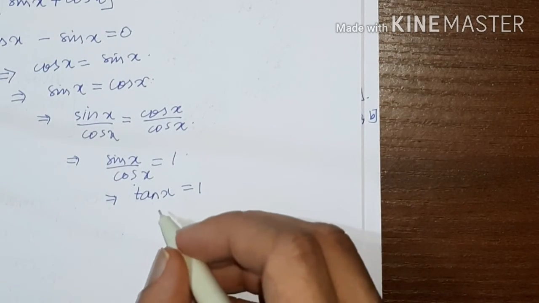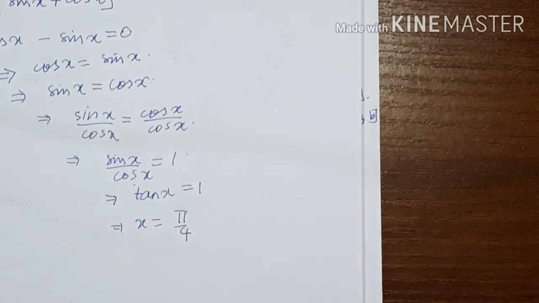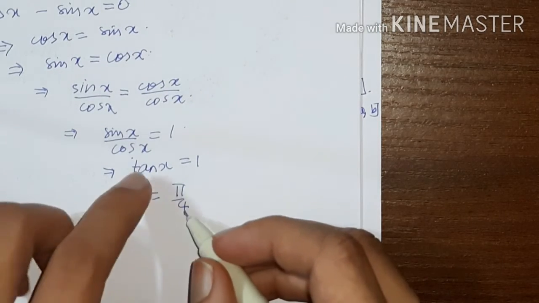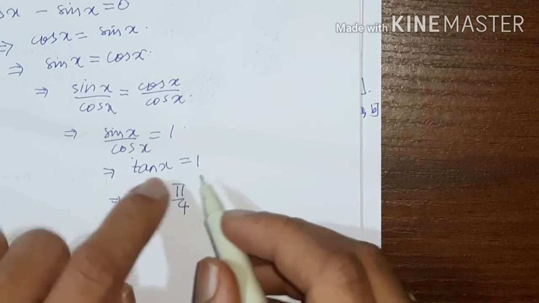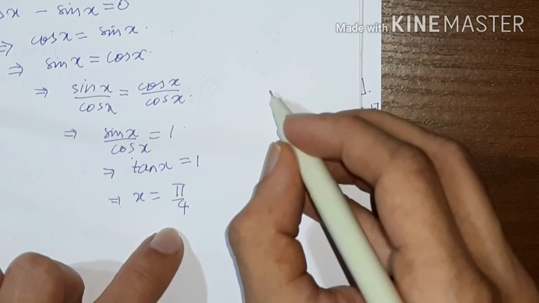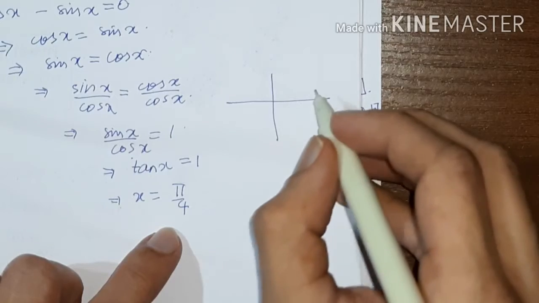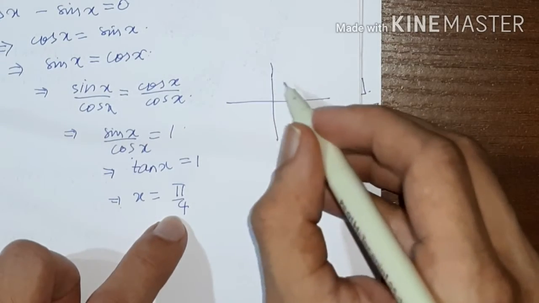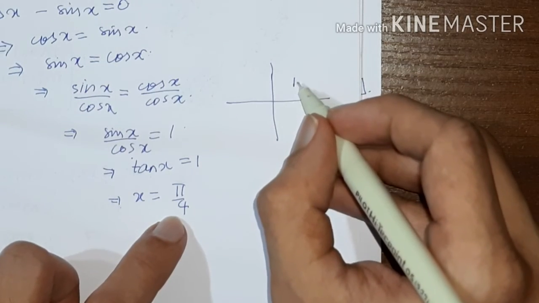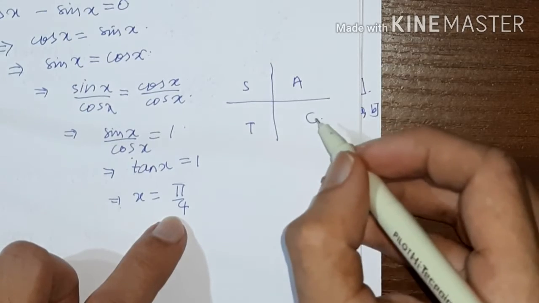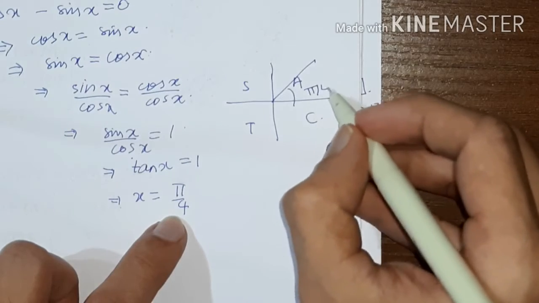You know that tan is 1 at theta equal to, the first common value, pi by 4. So tan of pi by 4 is 1, but there are many more such values for which tan is 1. For that, we can look at the concept of ASTC, all silver tea cup, or for that matter the coordinate axes. Now pi by 4 is in which quadrant? In the first quadrant.